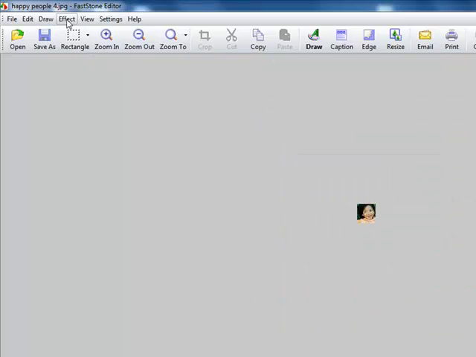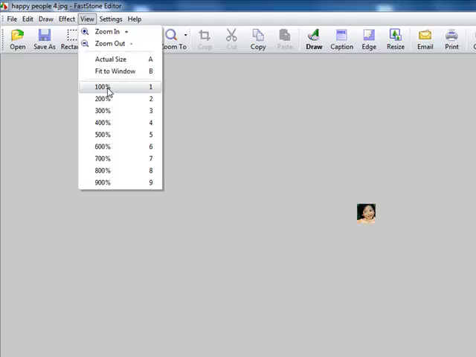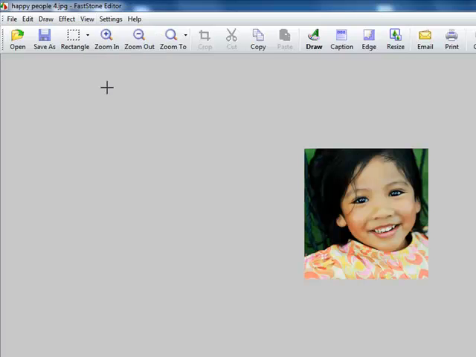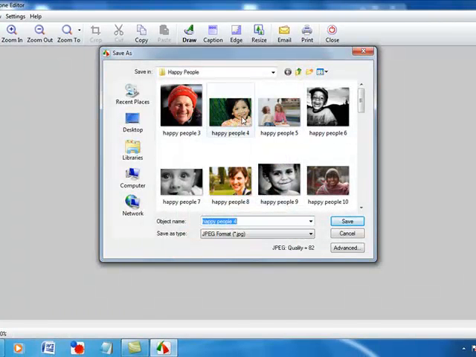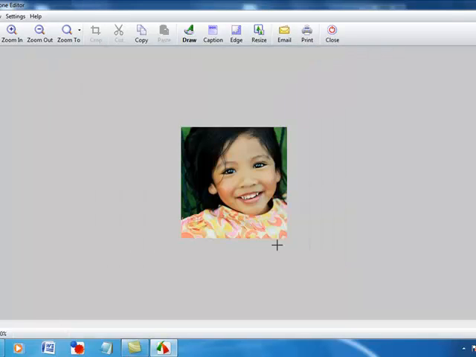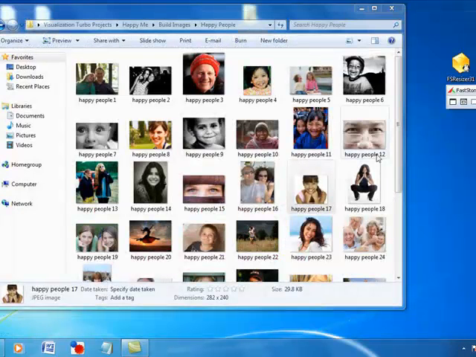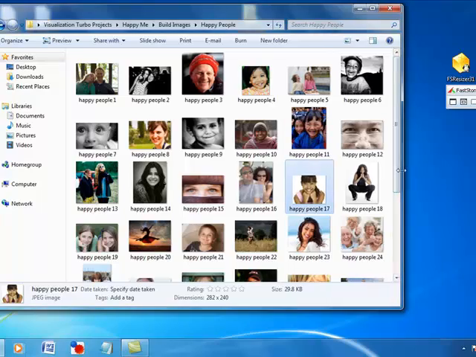Click OK, and then just to check what I've done, I'll view it at 100%, and that's how the image will come out. So that's pretty good. I'm happy with that, and I'll save it. So I've written over the original image. So if we look at this down here again,